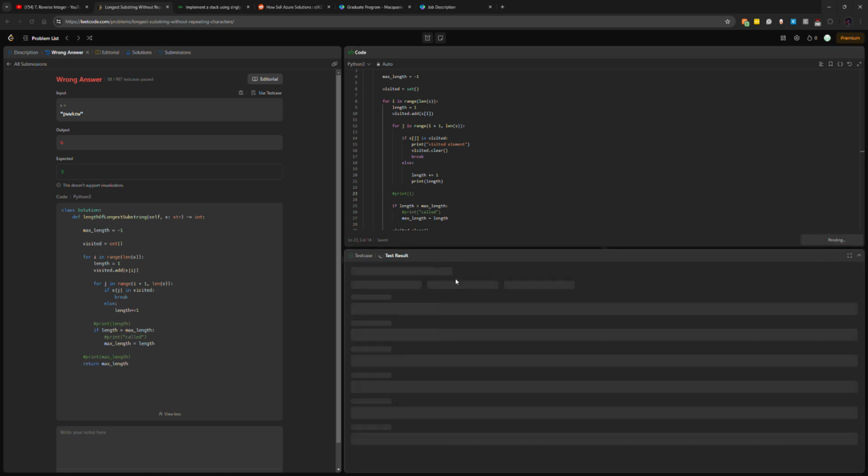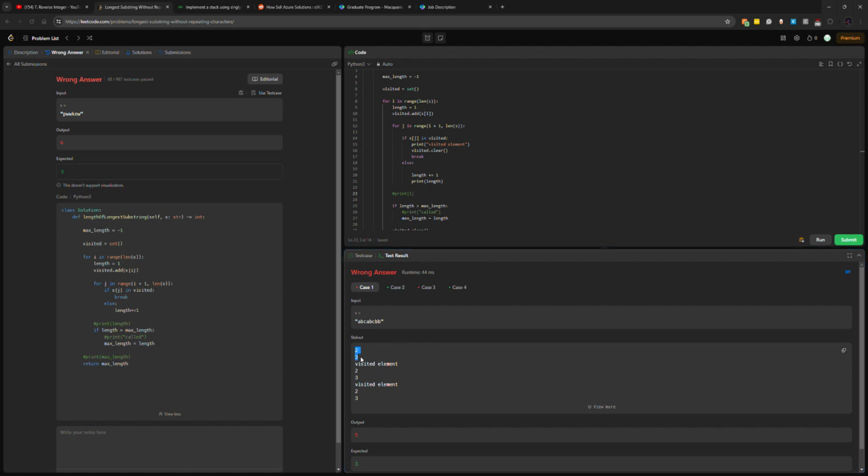Run this. It's greater than the max length. Length is cleared. Start the loop with a length as